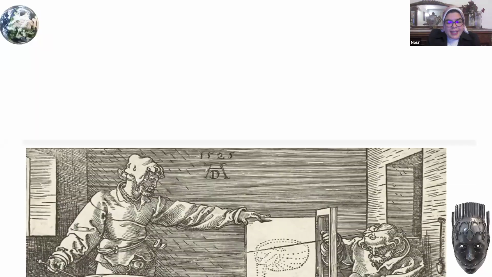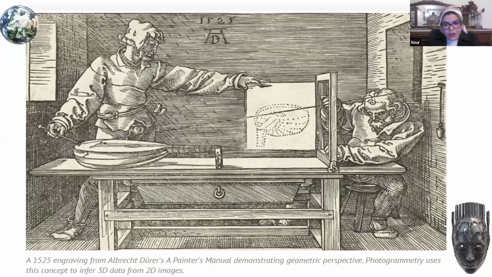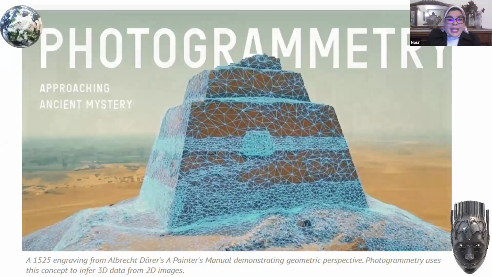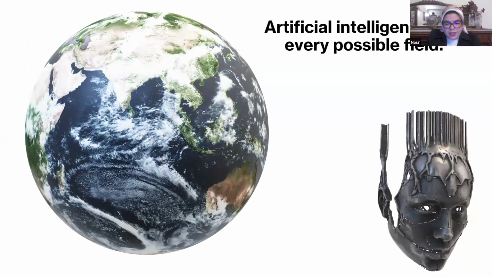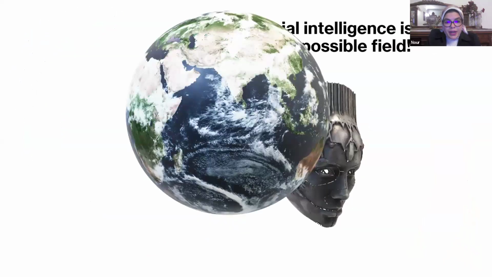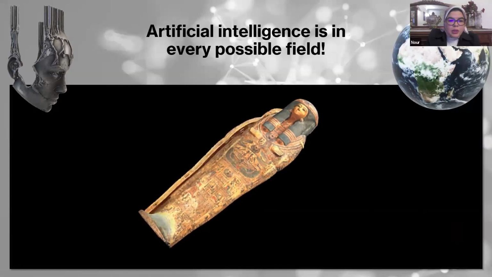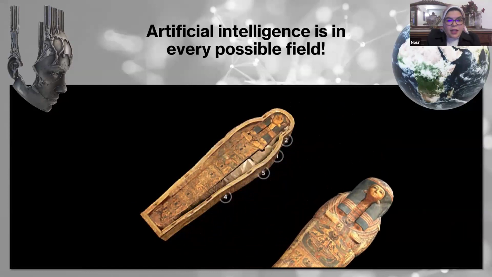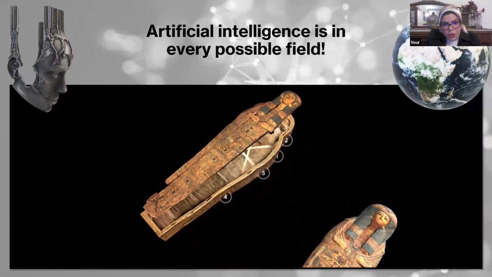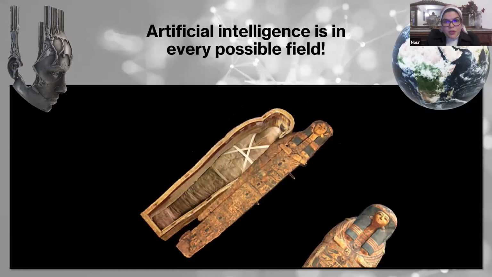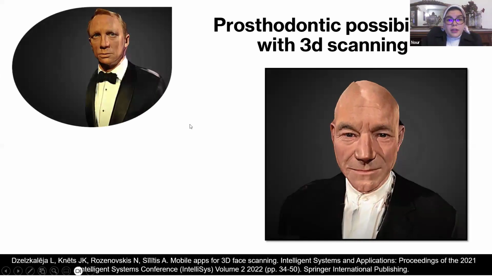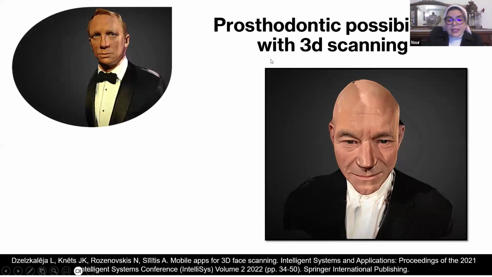Actually, this is as ancient as history. This is a 1525 engraving that uses this concept to infer 3D data from two-dimensional images. We can see this worldwide, as artificial intelligence is being implemented everywhere. For example, virtual museums: people take 2D photos of monuments, and then you can visit the monument literally while you are at home through those applications. So it's in every possible field, not just prosthodontics. But the thing about prosthodontics is that,